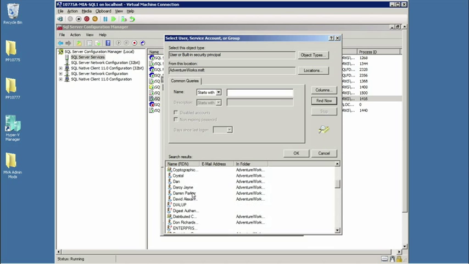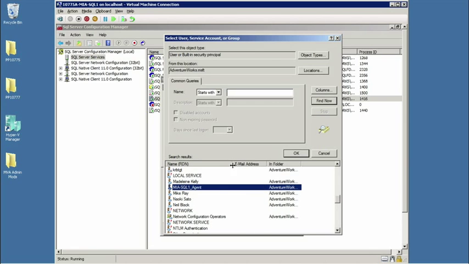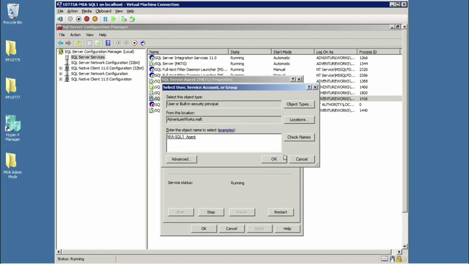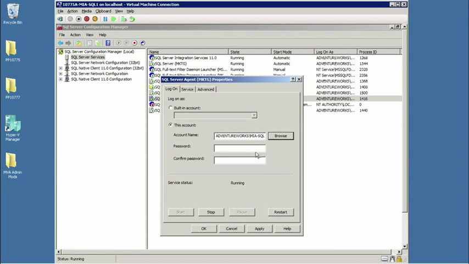Lo and behold, M for Mia, as in Miami. So I would have an agent account created for this particular machine. Click on OK. Quick little security note: I can't change the account if I don't know the password. So that's just a built-in feature.